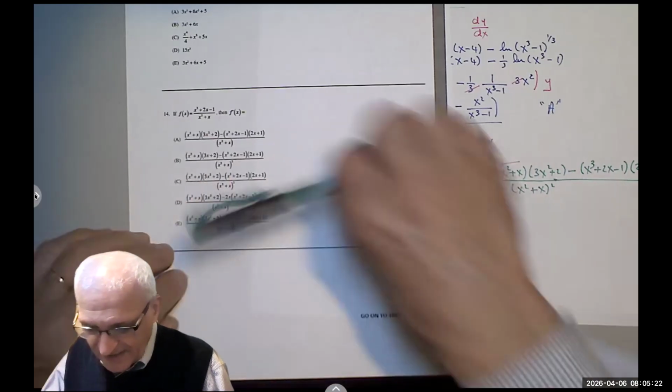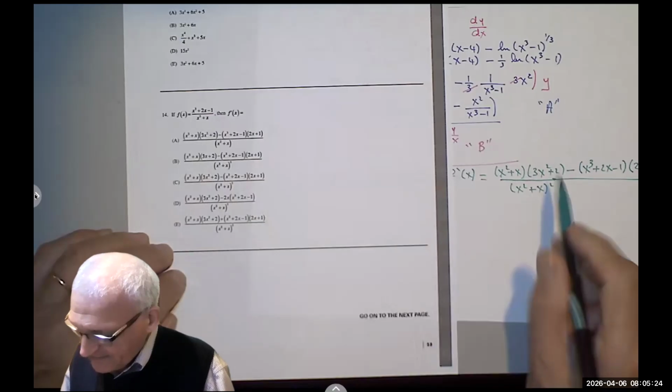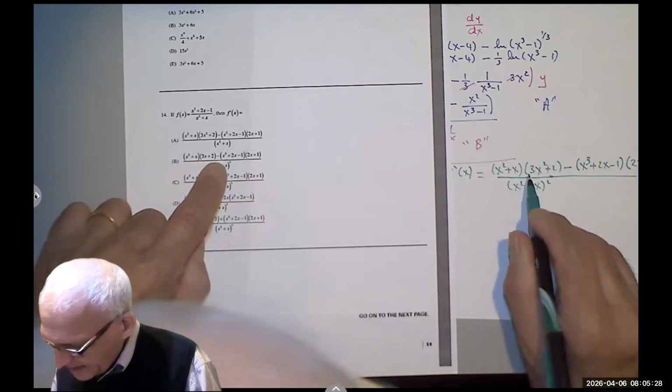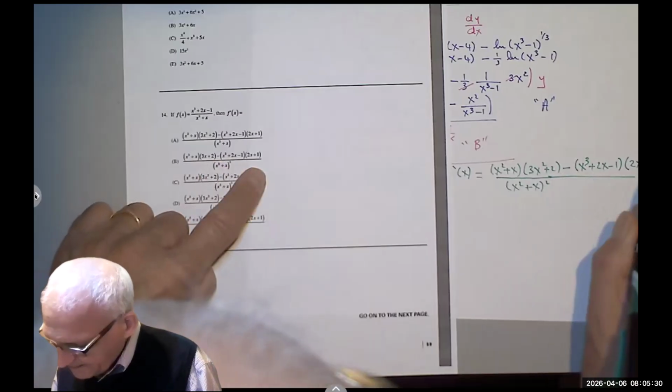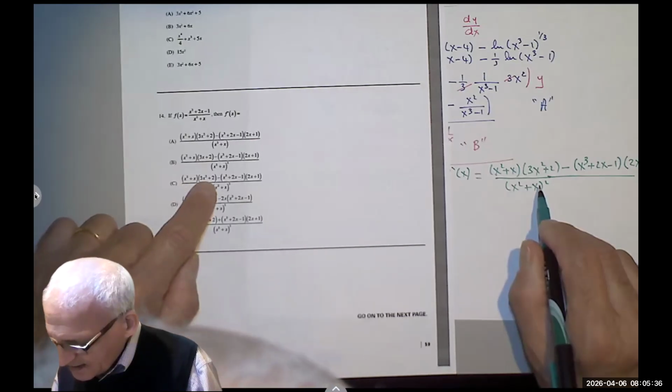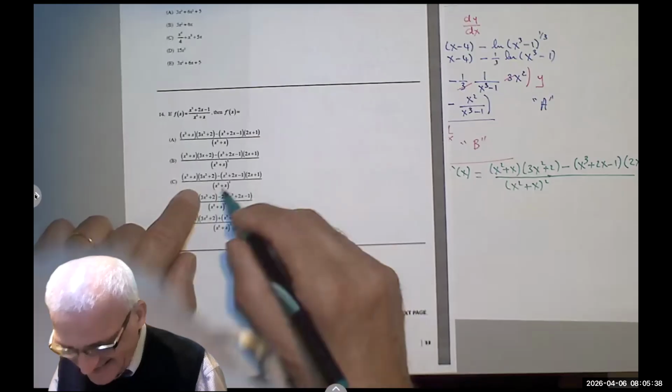First of all, we can exclude A because it doesn't have a square in the denominator, but then B should be the right one, right? Yeah. What's wrong with C? Oh, there's 3x squared. No, then it's C. You see,